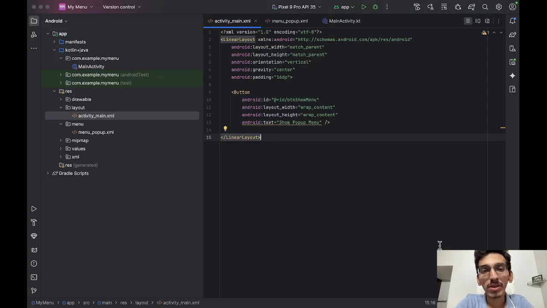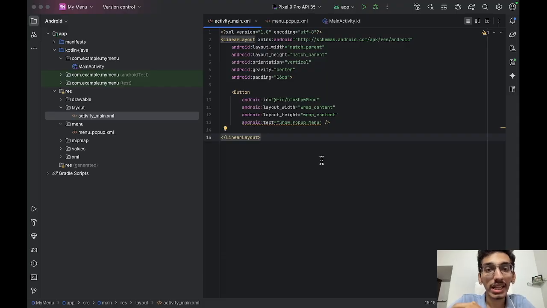To create a simple menu application, we have used the linear layout, under which we have declared the button UI element, for which we have mentioned the attributes such as width and height and ID as button show menu, and displaying a text within it as show pop-up menu. So as we are trying to showcase the pop-up menu implementation, the functionality of this button is when we click on the button, the pop-up menu will be displayed with its